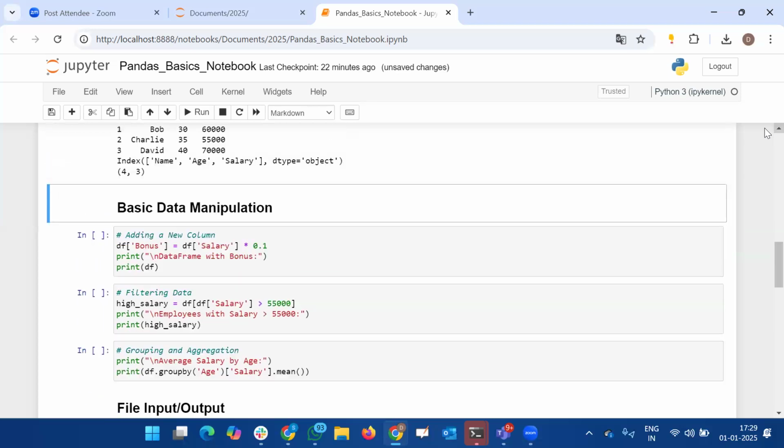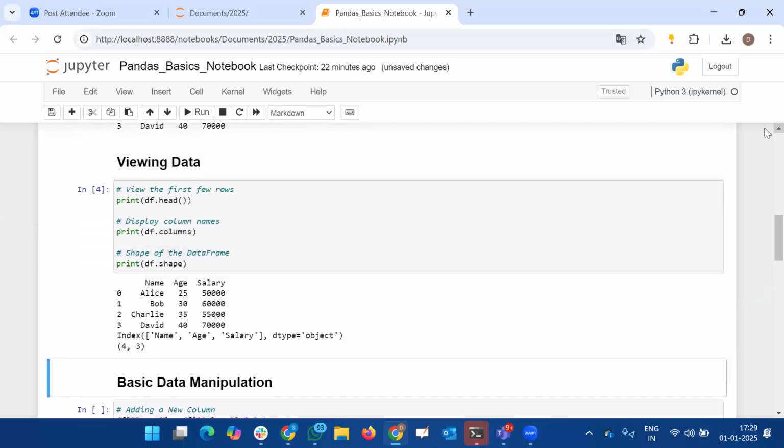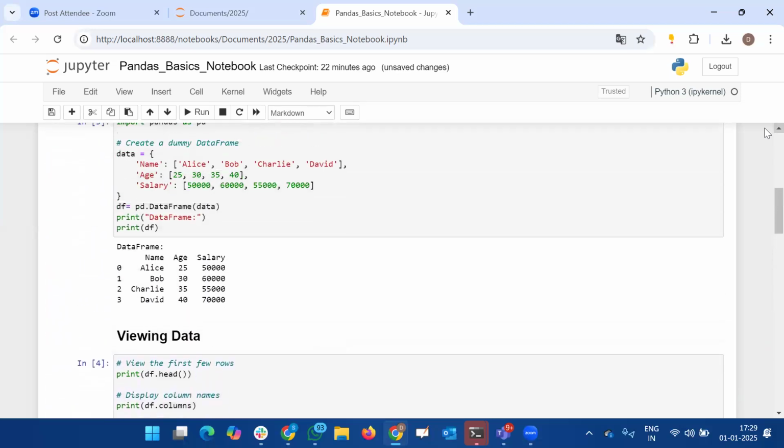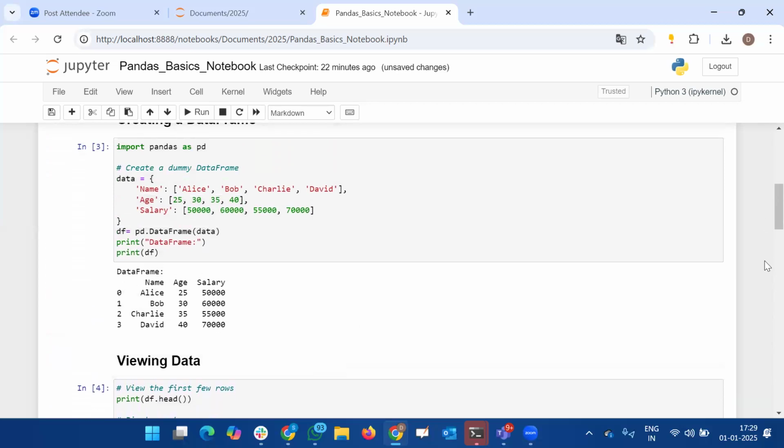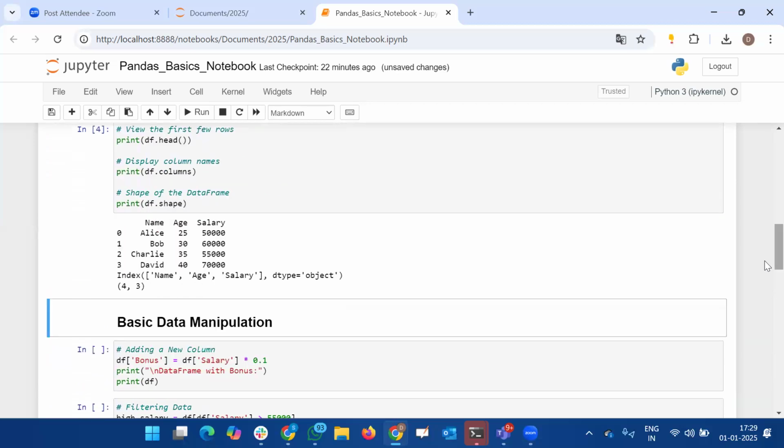Whenever you import any data into your data frame in Pandas, before going for the model making process, you want to see the data in the Pandas library. Now, suppose